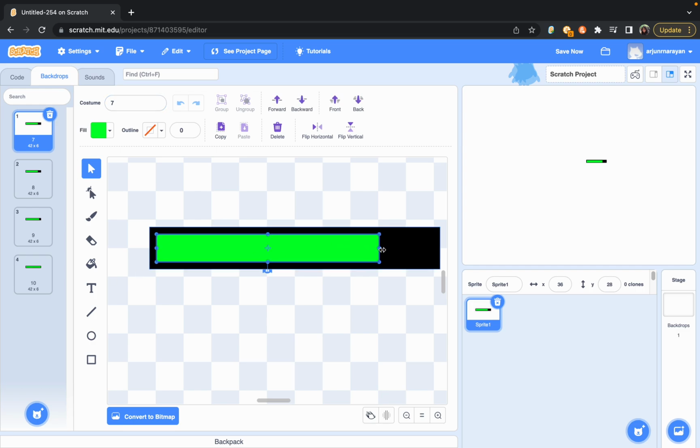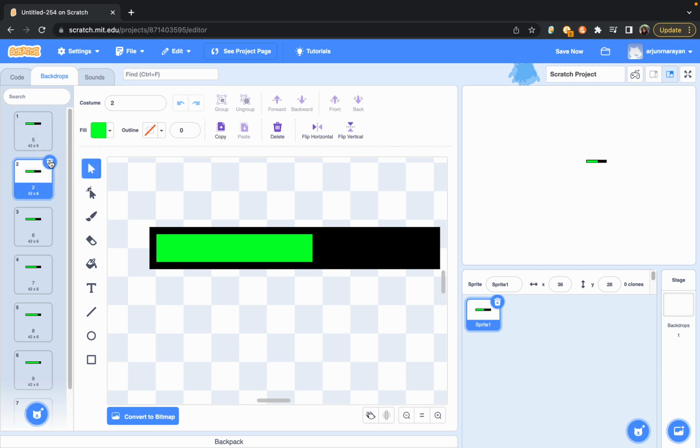And then make this smaller, duplicate this, name it 6, and then make it smaller, and then duplicate this, move this to top, name it 5, make this smaller, duplicate it, move it to the top, name this 4, make it smaller, duplicate it, make this 3,